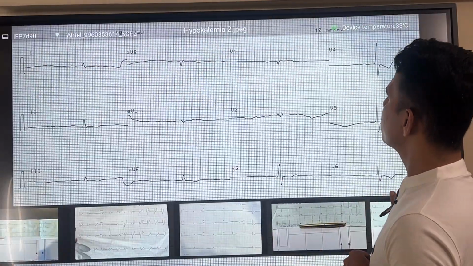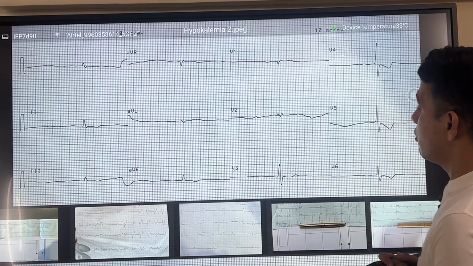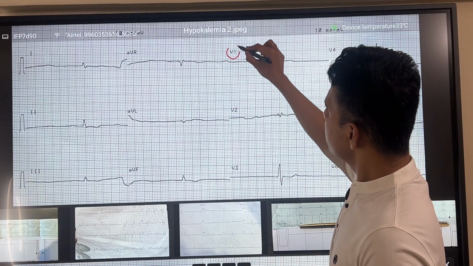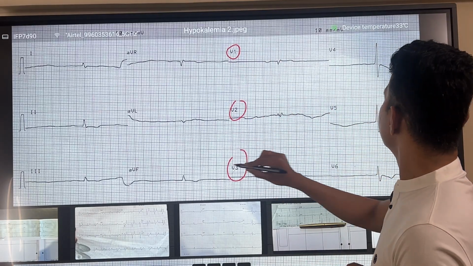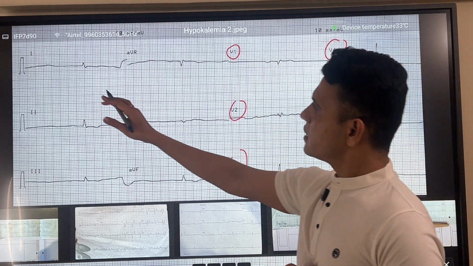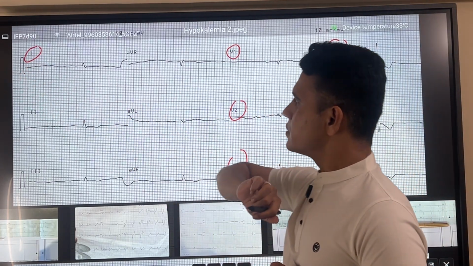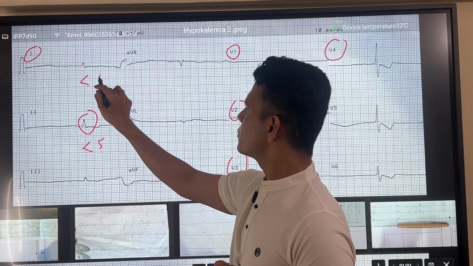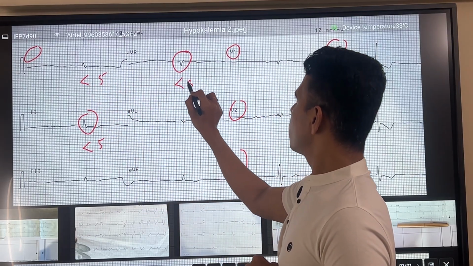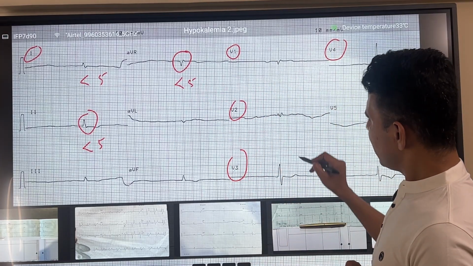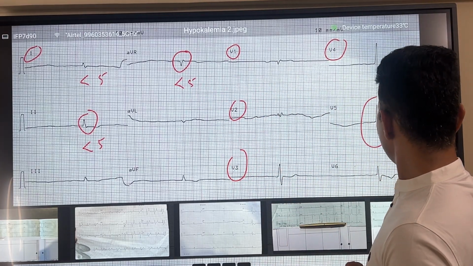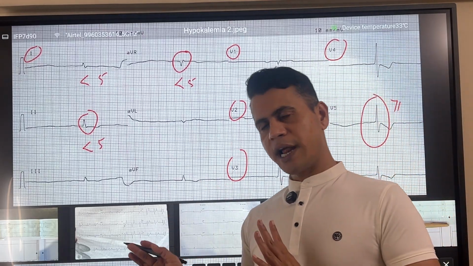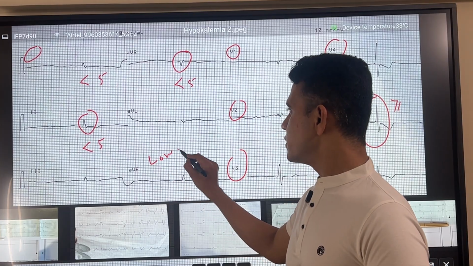So these were so many beautiful examples. This is a very good example of hypokalemia. We can see this is V1, this is V2, this is lead V3, this is lead V4, and these are the limb leads. See the QRS. The QRS is very small. It is less than 5 small boxes. In V1, V2, V3, it may be more than 10, but almost all the leads fall into the criteria of low voltage ECG.